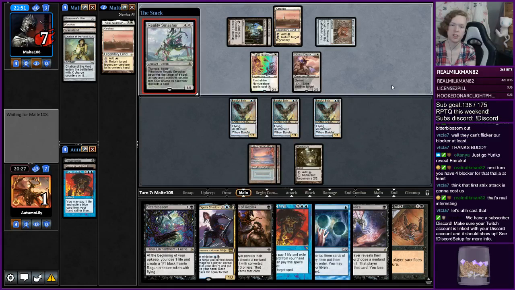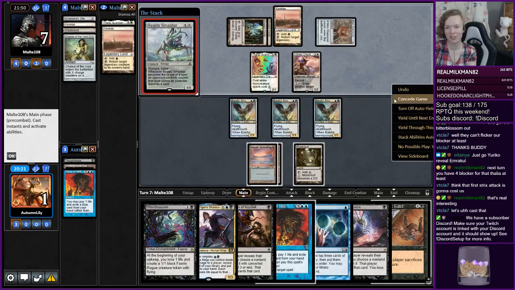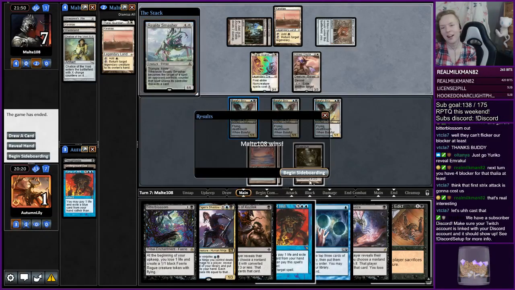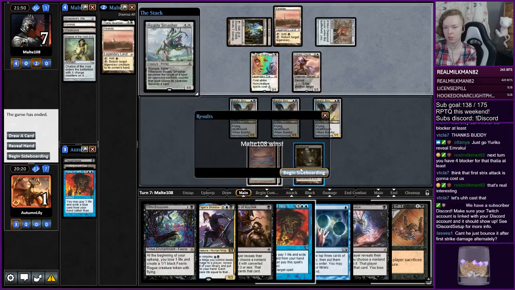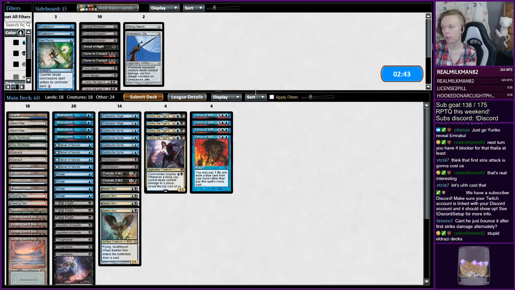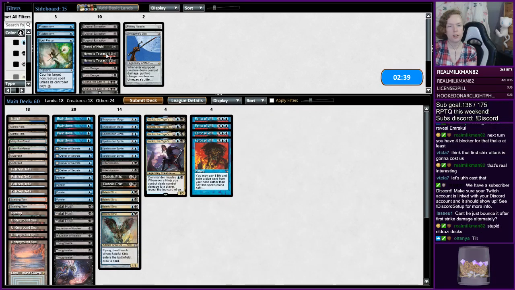Reality Smasher. We were kinda close to getting back into this. Reality Smasher is large. I guess we could Edict them and live through this time, but we're never winning this game. Oh, that's true. Can bounce after first strike damage. That is accurate. Alright,